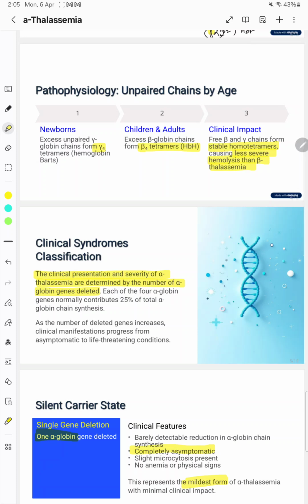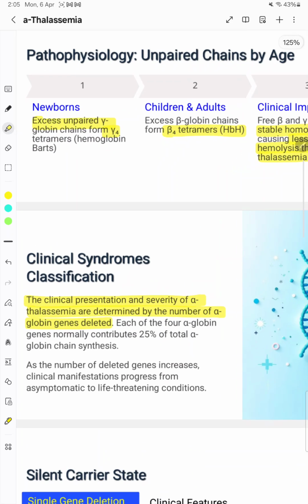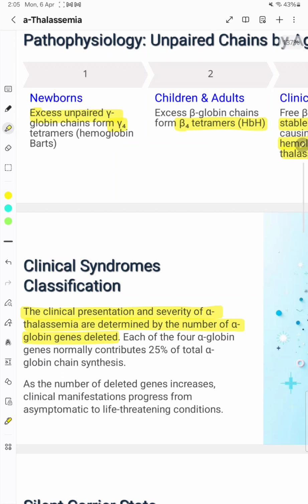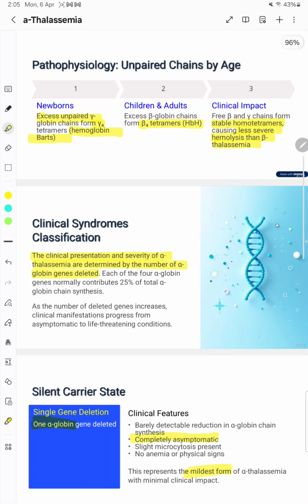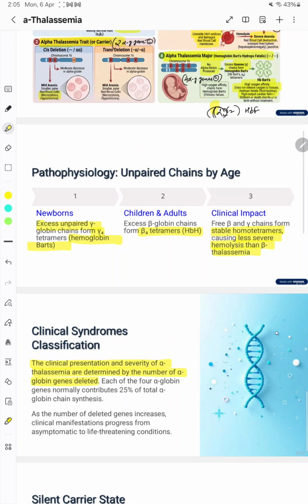As in newborns there is excess gamma globulin, they form gamma 4 tetramers. This condition is seen in Hydrops Fetalis or hemoglobin Bart's. As we know, the main hemoglobin in utero or early life is HbF. HbF is composed of 2 alpha and 2 gamma chains. So if there is no alpha, then an excess of gamma is there, and this will result in the formation of